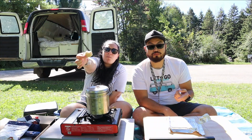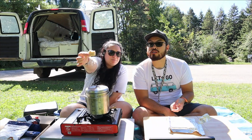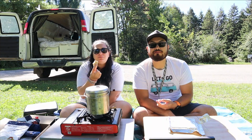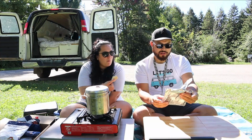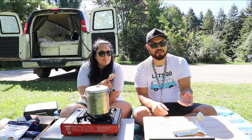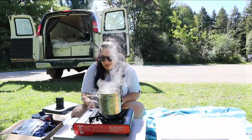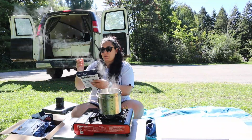Emergency food ration. This is for an adult human. You're supposed to have two of these a day, and that will get you through the day. It's a 5-year shelf life. Man, now I kind of do wish that they were individually packed, because we're not gonna finish all of this, but that's fantastic. All right, the water's boiling, so I'm reducing the heat to medium like the pack says, and